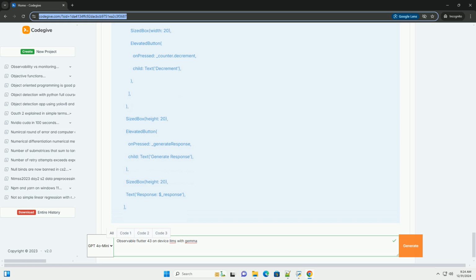Dart. import dart:async. import package:gemma/gemma.dart. class LanguageModelService { final GemmaClient client; LanguageModelService(this.client); Future<String> generateResponse(String input) async { // Simulate a call to a language model. // Replace this with actual API call using Gemma. await Future.delayed(Duration(seconds: 2)); // Simulate network delay. return 'Generated response for $input';